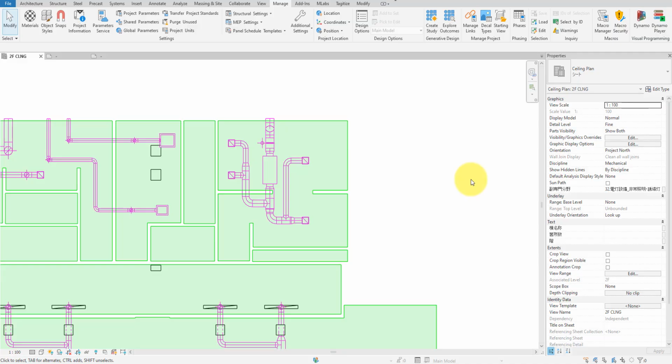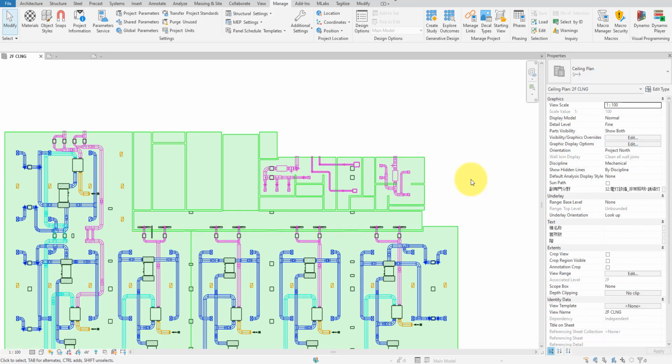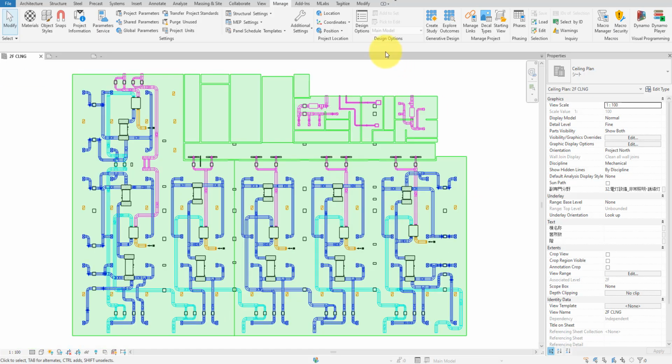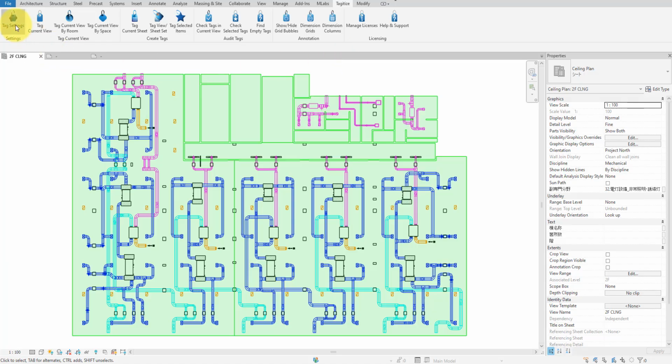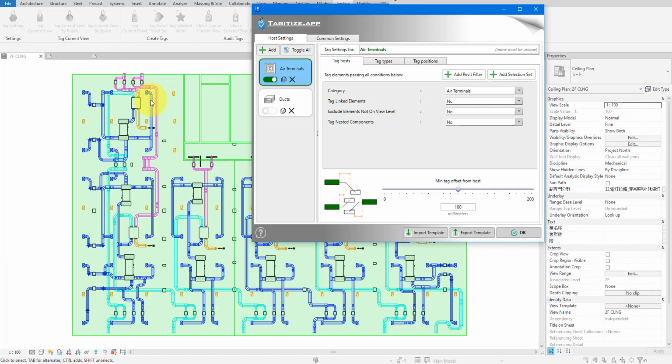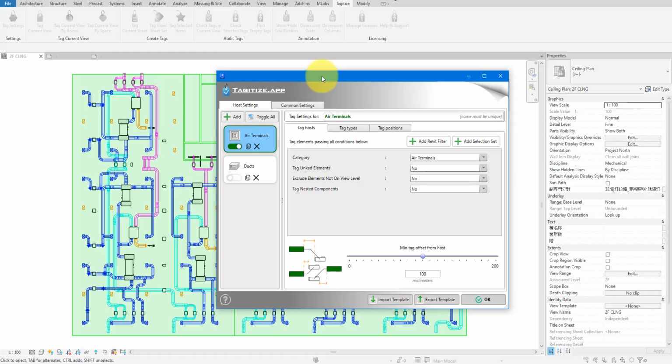To me, this is way too manual, especially on a big project. Well, this is exactly why I normally don't do it manually this way. Instead, what I use is an automated solution that generates these typical tags for me using the right typical element count and the correct tag family type. It's a little clever Revit plugin called Tagitize, which you can try for free using the link in this video